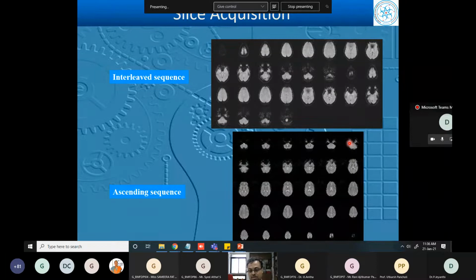There's also a possibility that instead of an ascending sequence, from the bottom of the brain to the top of the brain, you take it in two goes, right? Top to bottom, but leave one out, and again top to bottom, leave one out. So you take odd number slices and even number slices. So that is also a good idea, right? Don't go only from one end to the other end.